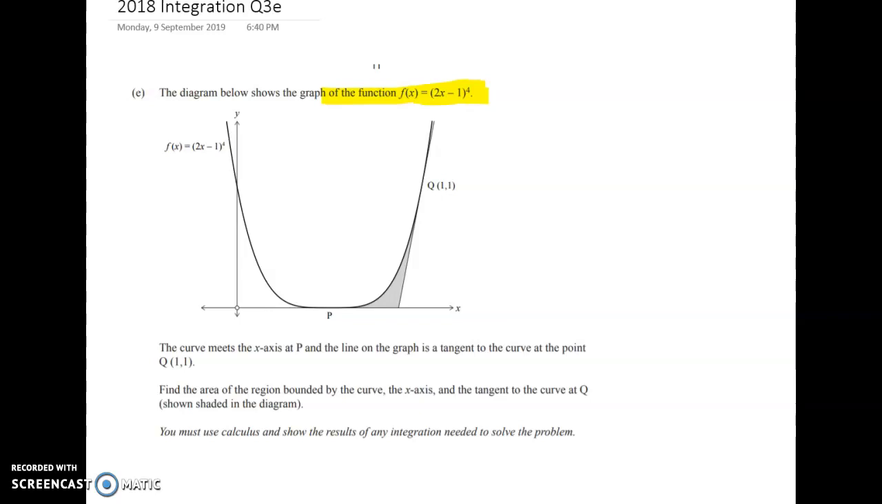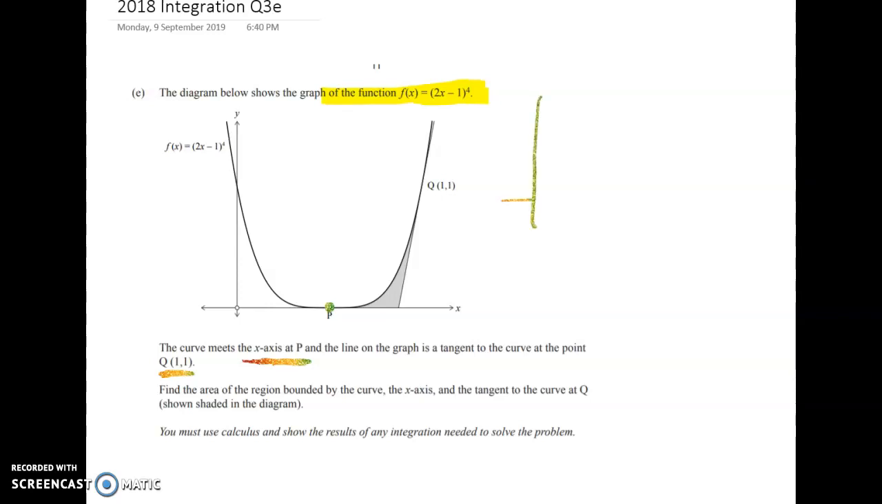So we've got the curve meets the x-axis at point P. So that's here. And the line on the graph is a tangent to the curve at the point Q, which has coordinates 1, 1. Find the area of the region bounded by the curve, the x-axis, and the tangent to the curve at Q. So if you look at what we've got here, we've got a couple of ways of